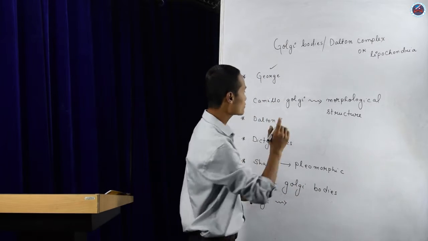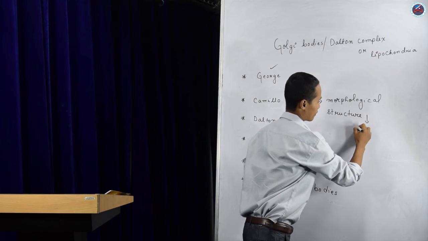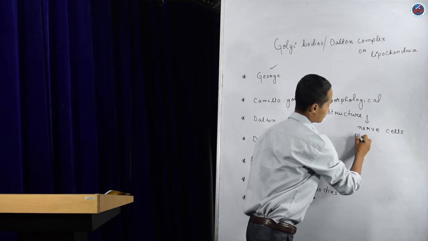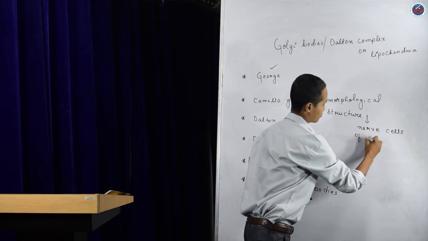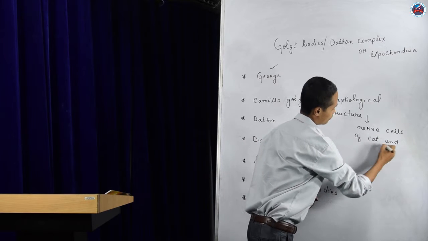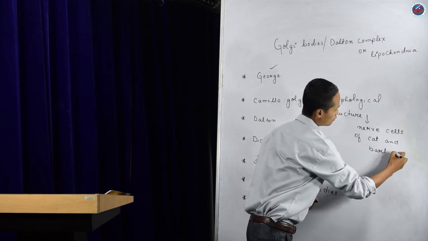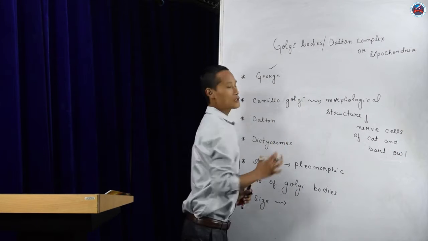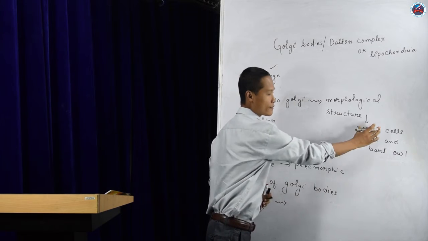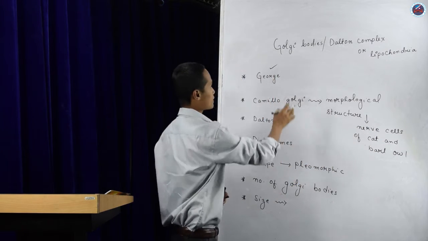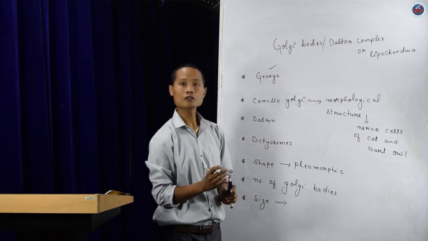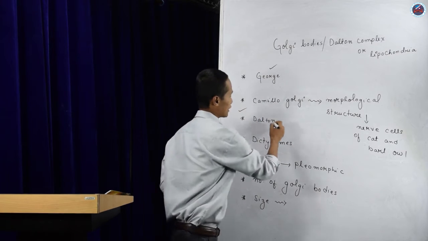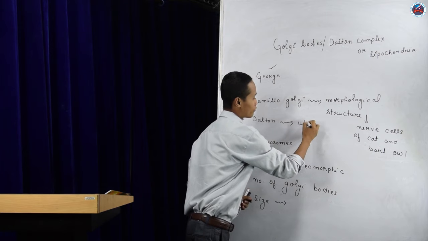Camillo Golgi described it in the nerve cells of cat and owl. So this morphological structure of Golgi body in the nerve cells of cat and the owl was given by Camillo Golgi. Another scientist who came up later gave the ultrastructure of the